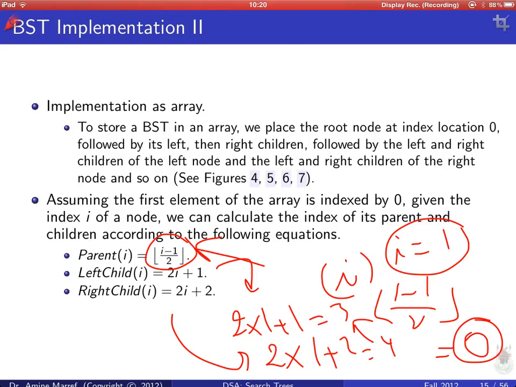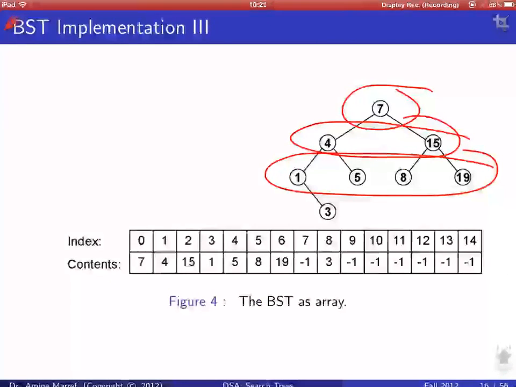So representing a tree as an array is sometimes useful. We're going to see that in heaps if we manage to do them. So representing a tree or a binary tree, in this case a binary search tree, as an array is fine